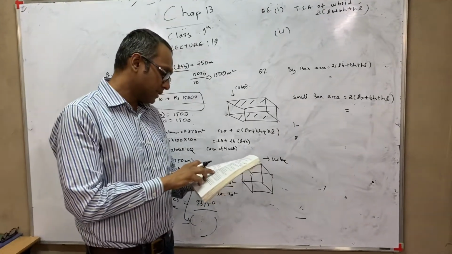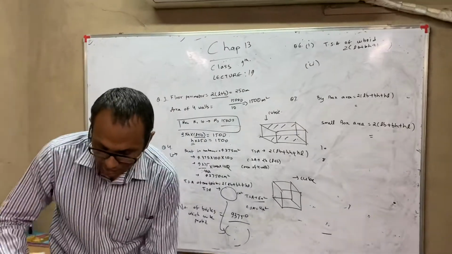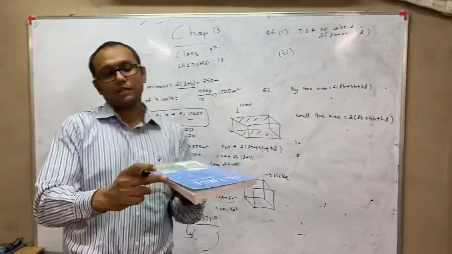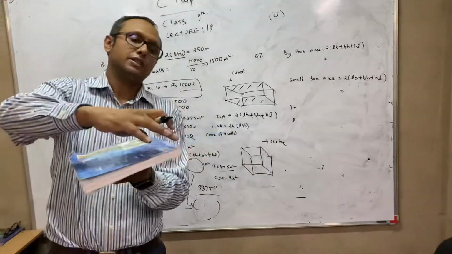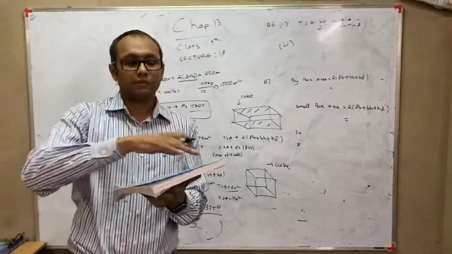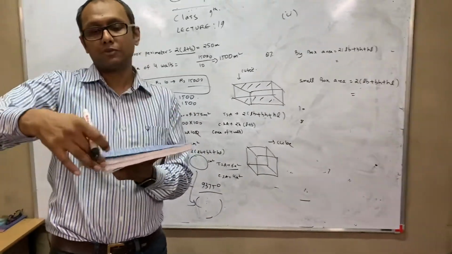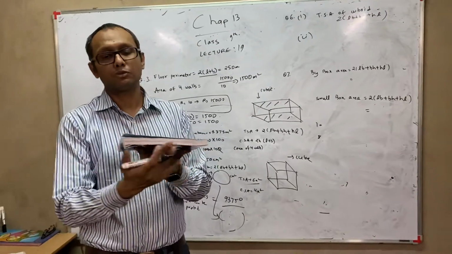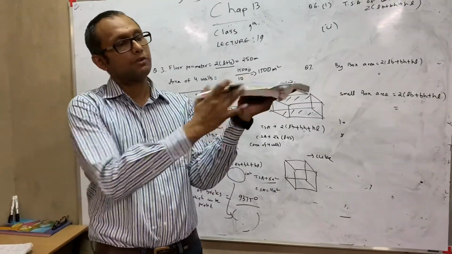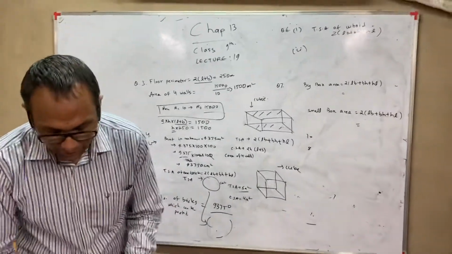how much tape is needed for all the 12 edges? Basically, suppose this is a cuboid. Now he is putting tape here and here, here and here. So these are 4 of same type, 4 lengths. Similarly, 1, 2, 3, 4, and similarly 4 breadths, 1, 2, 3, 4. Wherever the glasses are touching he is putting the tape so that they are held together.